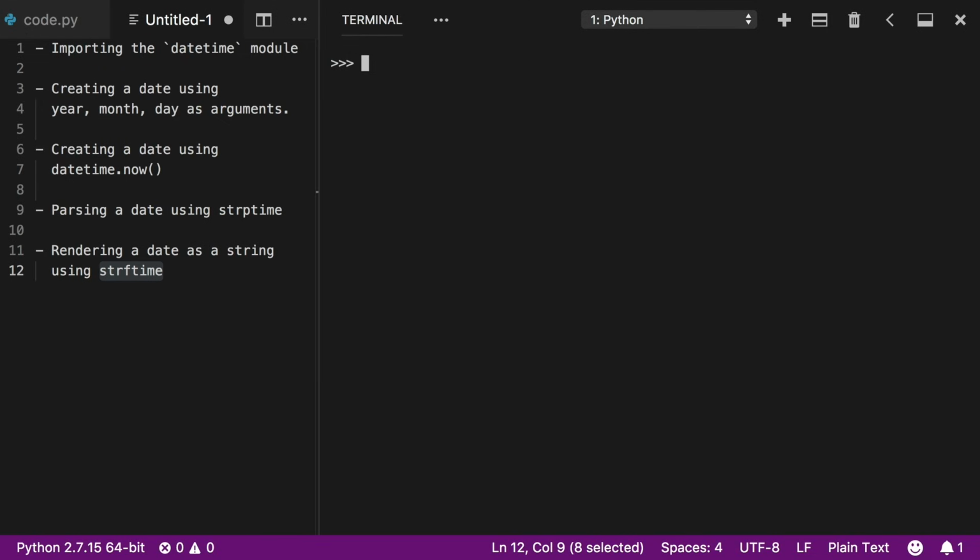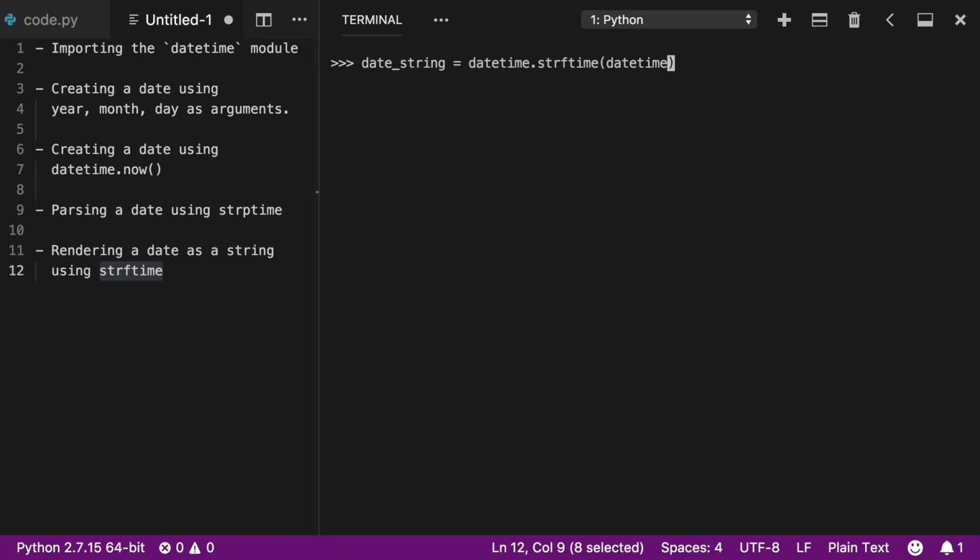So why don't we create a variable here called dateString, and I'm going to set this equal to datetime.strftime. And this F over here stands for format, so it's going to allow us to format a string based off of a datetime. So in here, I'm going to put an open and close parentheses, and this is going to take 2 arguments. So the first argument is going to be a datetime, and it's a datetime that we're going to want to format into a string.